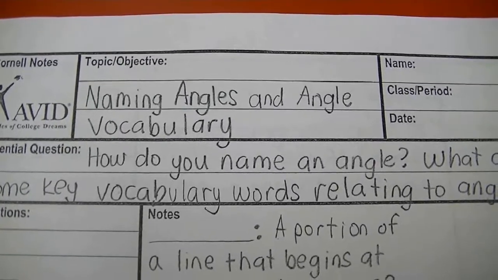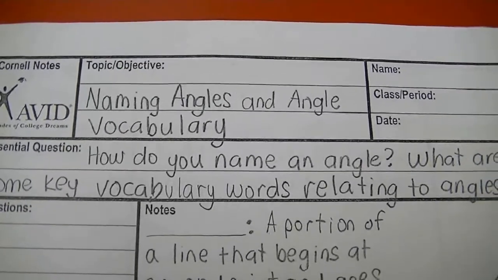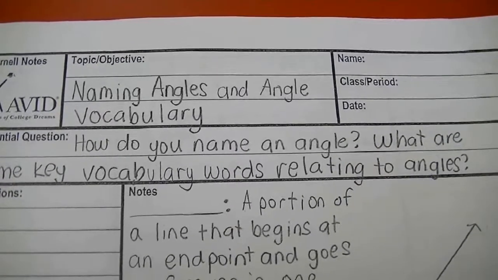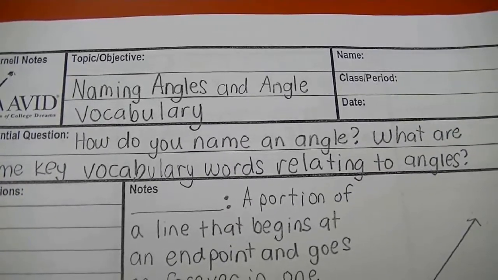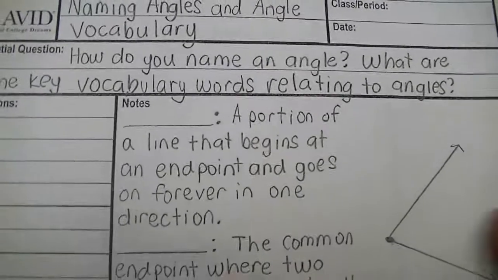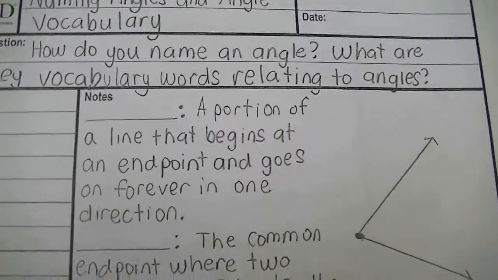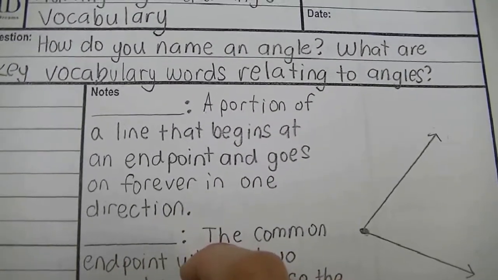The topic is naming angles and angle vocabulary. How do you name an angle? What are some key vocabulary words relating to angles? So this first definition right here is a portion of a line that begins at an endpoint and goes on